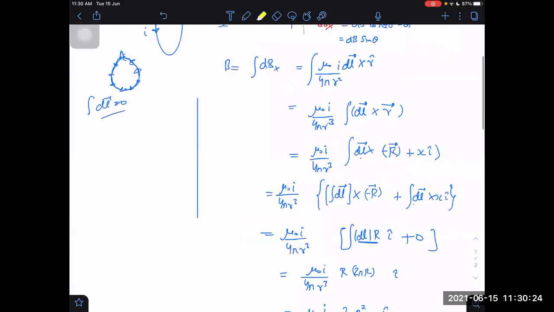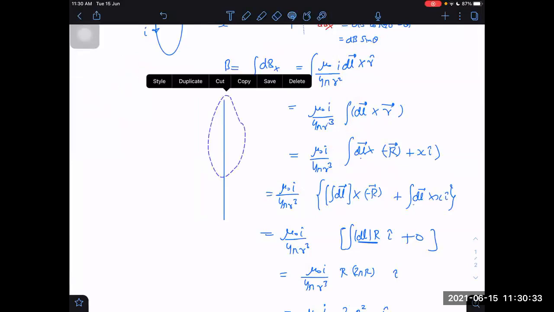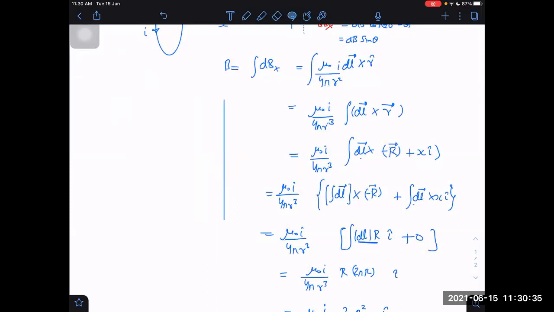But now let us do it by the easy way. Otherwise, if in the examination you have to derive, you will be confused and do it wrong. The main purpose of this derivation was so that you should be comfortable with vectors. Sorry, this was wrong here. My mistake. I was first going to do it by the component method and then started taking the vector method. Now I will take it by components. B is equal to the integral of dBx. That is much simpler, a one step answer.